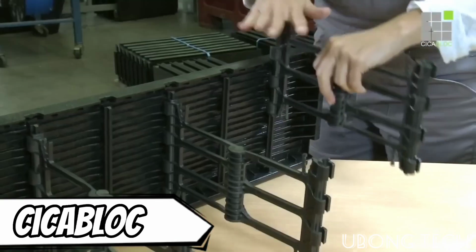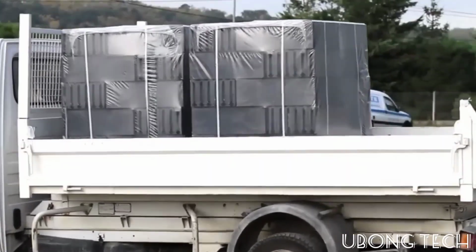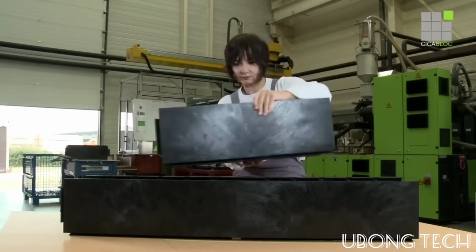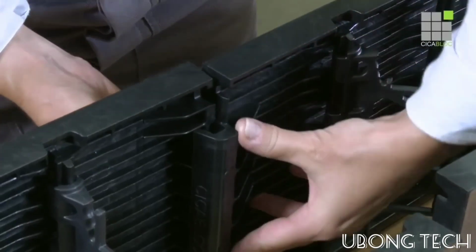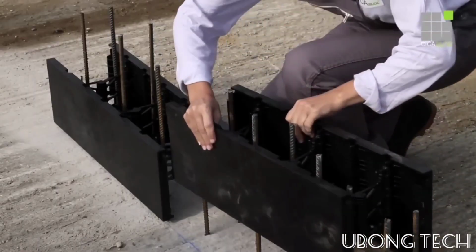We now go on to the next group of engineers, some of whom are from France. Their creations, the Cicabloc foldable formwork blocks, are the outcome of innovation in thermoplastics. One of the main benefits is weight. A pallet of 150 blocks only weighs 838 pounds, and each block is only 5.5 pounds, which is about 80%